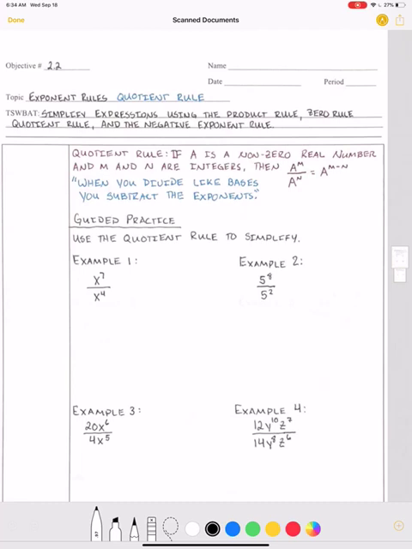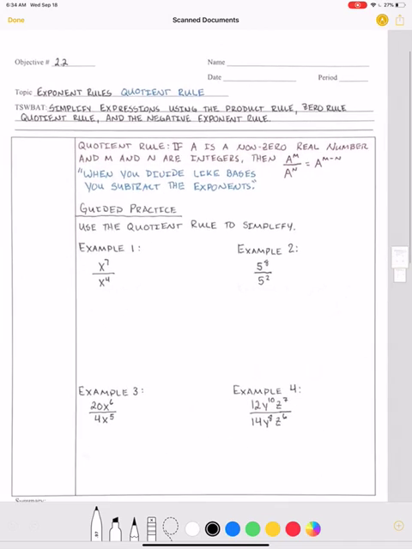All right, we are in Unit 2, Section 2. We're working with exponent rules. Today we're looking at the quotient rule. Our objective is the student will be able to simplify expressions using the product rule, zero rule, quotient rule, and